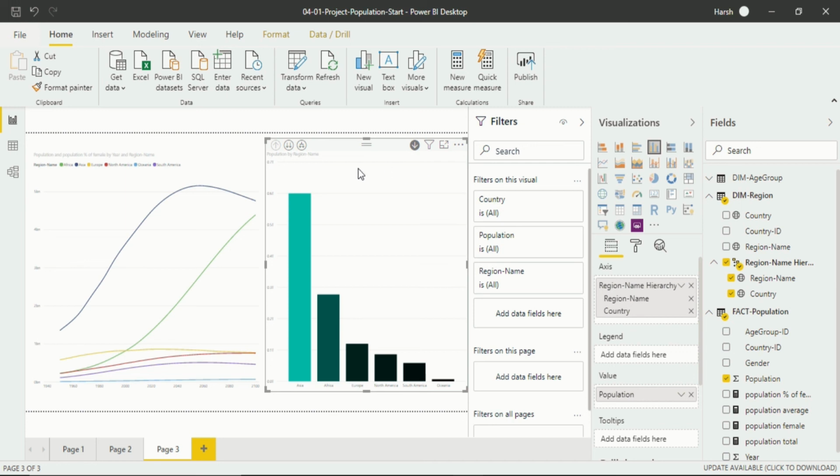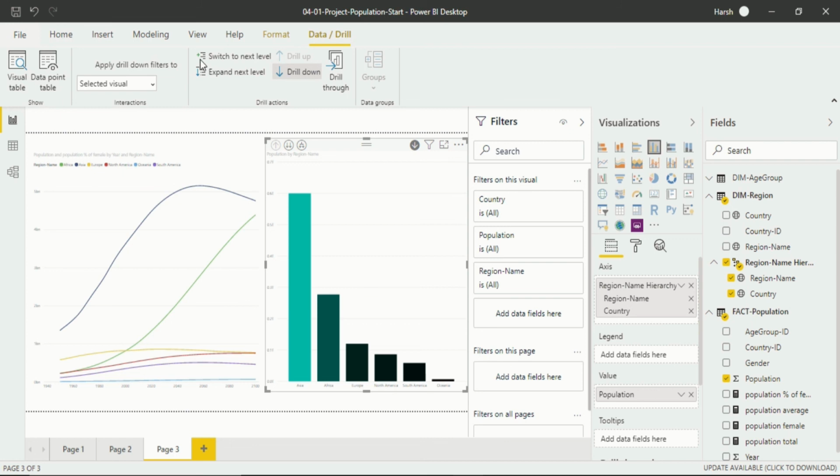The feature that is available here is also present in the ribbon, that is data drill. When I click on it, you will see the expansion of the data drill, which I mentioned in my previous video about the interface of the report view. I told you in that video that we will discuss it in a future video. So this is the video in which I will tell you about the data drill. This is how you will do that.